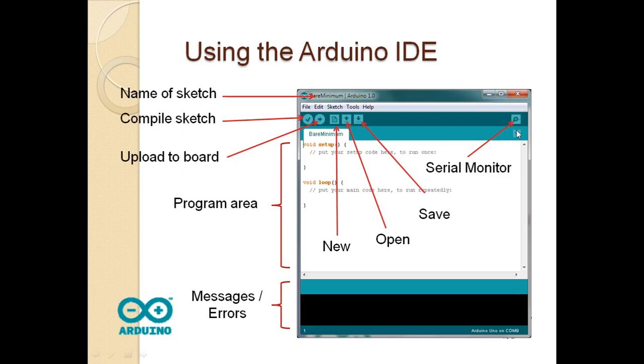On this side, a very important thing is to initiate the serial monitor. This entire window is the programming window, and down below you have the message or error space. So you'll get all the messages and the errors in this particular part of the screen.